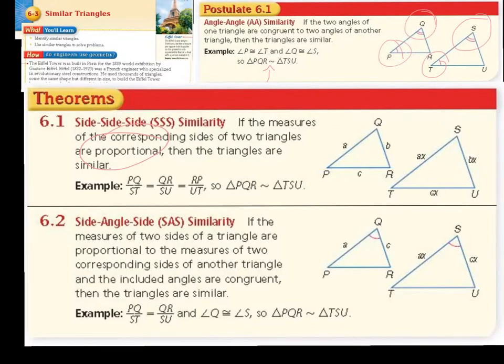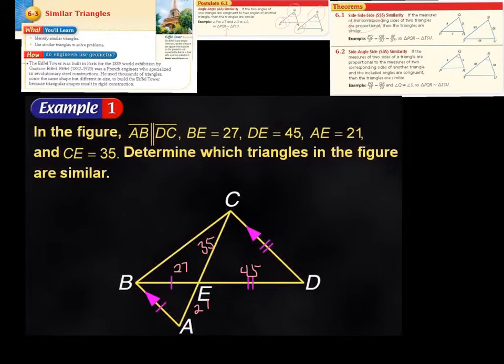If you're interested to see the proof of Theorem 6.1, it's on page 299 in your book. It's a nice paragraph proof. They got a little carried away on example 1 with the amount of information they gave us. They already marked on the diagram that